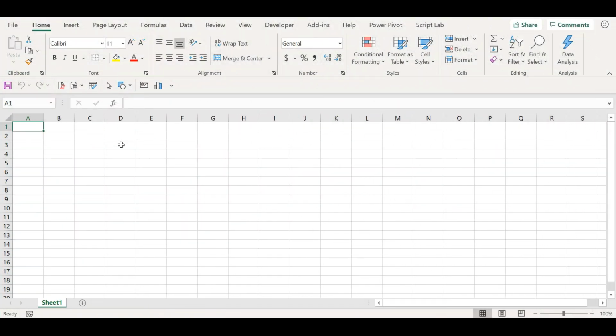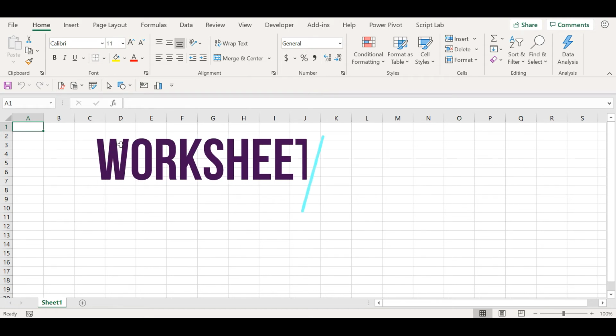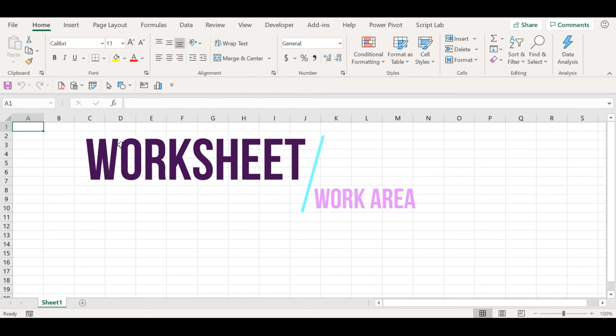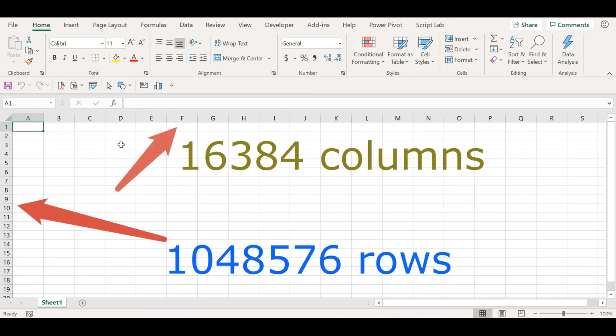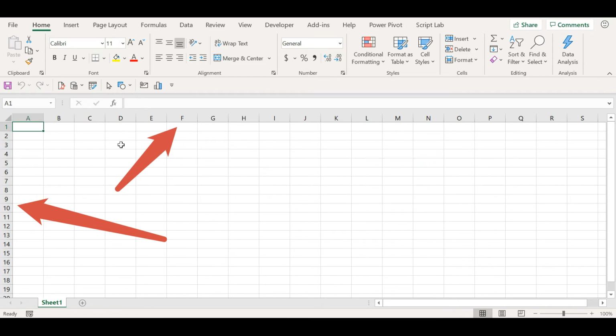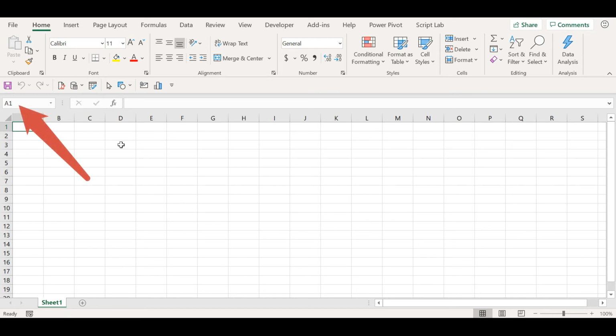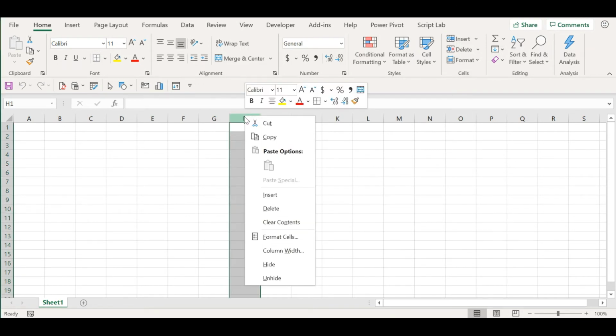The third component of the interface is the sheet, where you do all your work. This area is divided into rows and columns. There are more than 16,000 columns and 1 million rows in a worksheet. The intersection of a row and a column is called a cell. The cell is named like A1, B2, etc., which can be seen in the name box. The formula bar is also an integral part of the sheet, which shows the formula you type into a cell. You can right-click any cell, column or row to show a list of commands that work with that object.